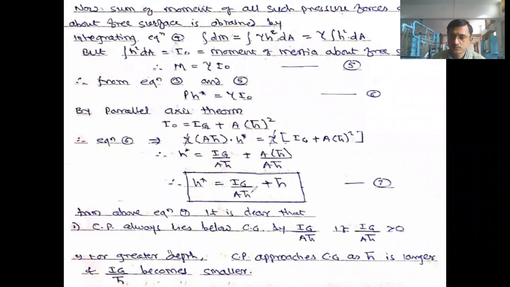H star is equal to Iz upon A H bar plus H bar, where what is Iz? Write down Iz is equal to